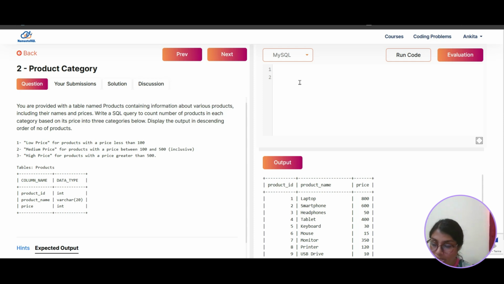Information about various products, including their names and prices. Write a SQL query to count number of products in each category based on its price into 3 categories below. Okay, sure. Select. We will have product ID for sure. We don't need it actually. We can just directly start with case when